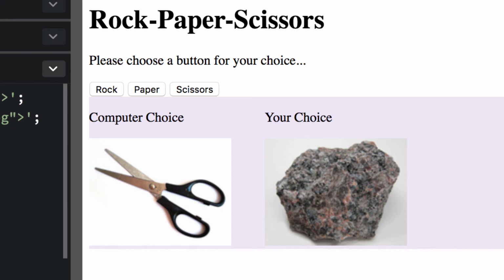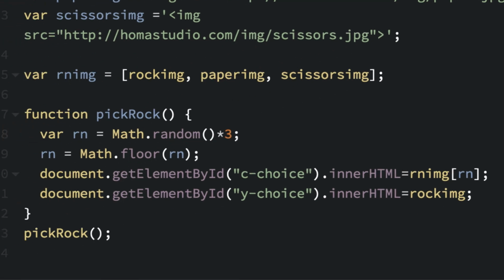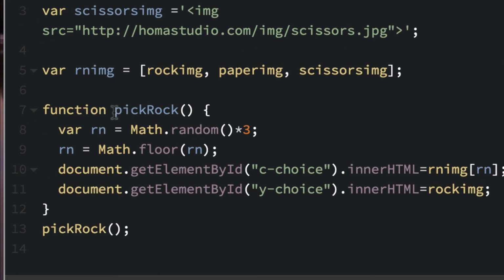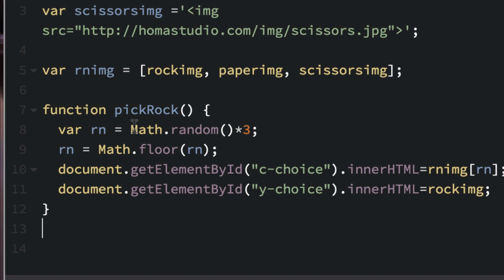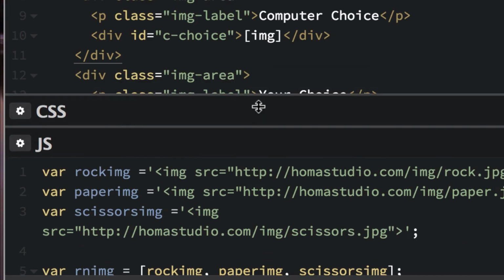Now the idea of picking rock is not running the function this way. The idea of picking rock is going to be clicking the button. So what we're going to do next is go up into our HTML, and I'm even going to copy this. Why not? Or actually, I'll cut it from here because I don't need it. I'll cut this, not the semicolon. So I'll cut it and get rid of the semicolon,